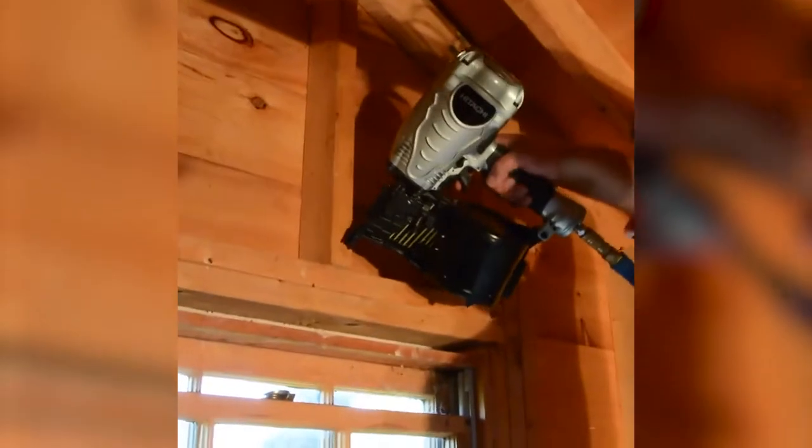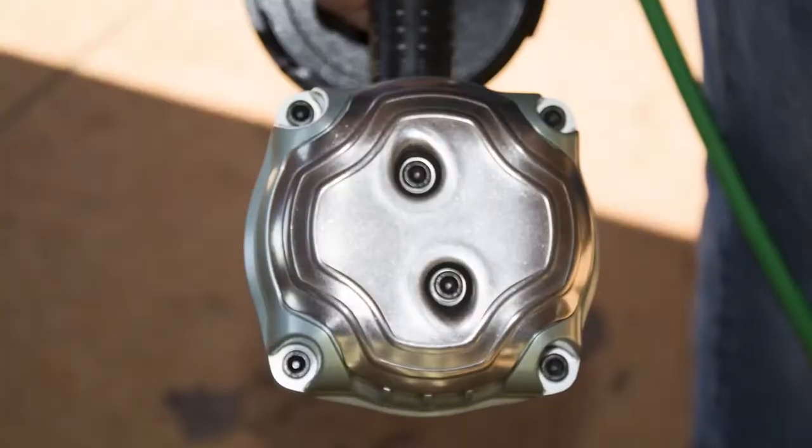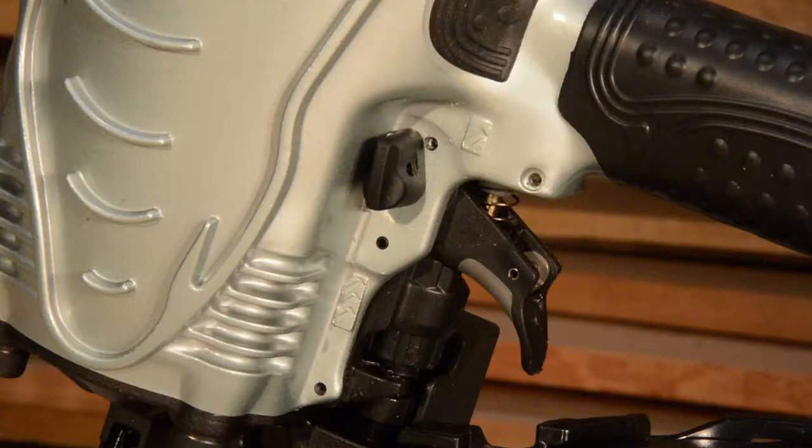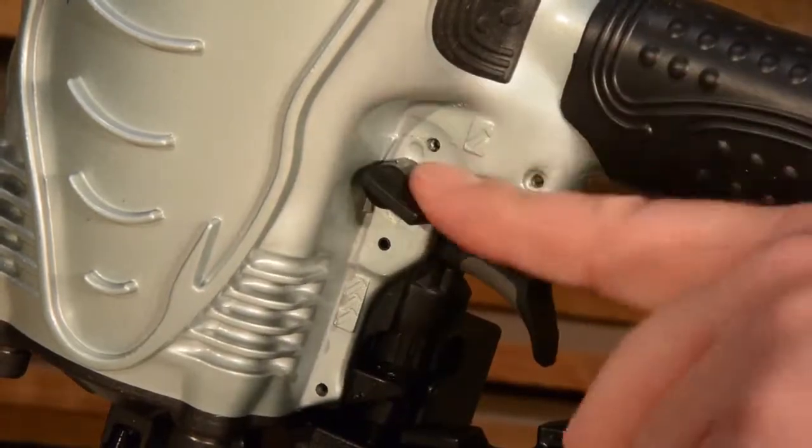Built for the job site, this coil framing nailer comes with an all-aluminum body and steel head plate for maximum durability. The redesigned head plate allows for faster and easier maintenance. It is outfitted with Hitachi's convenient selective actuation, meaning it can drive both sequentially or continuously with a simple flip